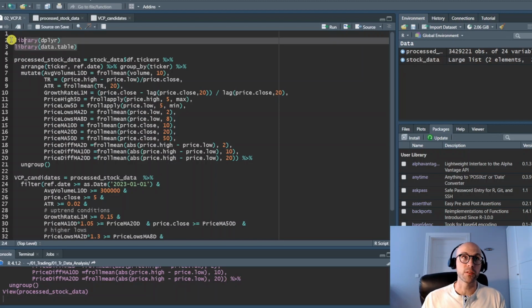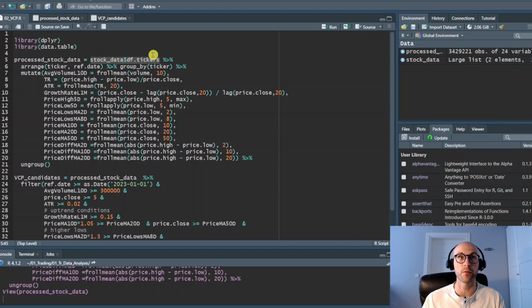You will have to first load these two libraries, and then I assume that you have been able to download past historical data and store it into the following data frame. Unless you've already done so, please watch my previous video on how to efficiently download past stock data in a few simple steps. Our stock data is on daily basis, and we'll be passing it through a series of functions using a pipe